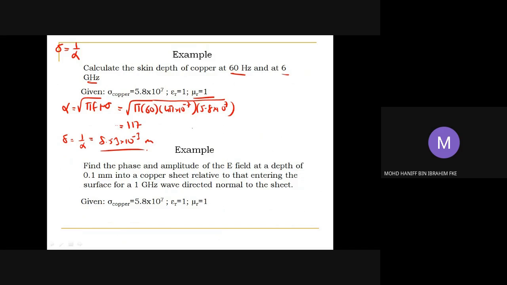Let's have a look at the alpha value when we are using a 6 gigahertz frequency. So alpha will be the square root of pi f mu sigma. Here f is 6 gigahertz, 6 times 10 to the power of 9, then we have 4 pi times 10 to the power of negative 7, and 5.8 times 10 to the power of 7. Let's have a look at the value for this alpha. So we're going to have it as,